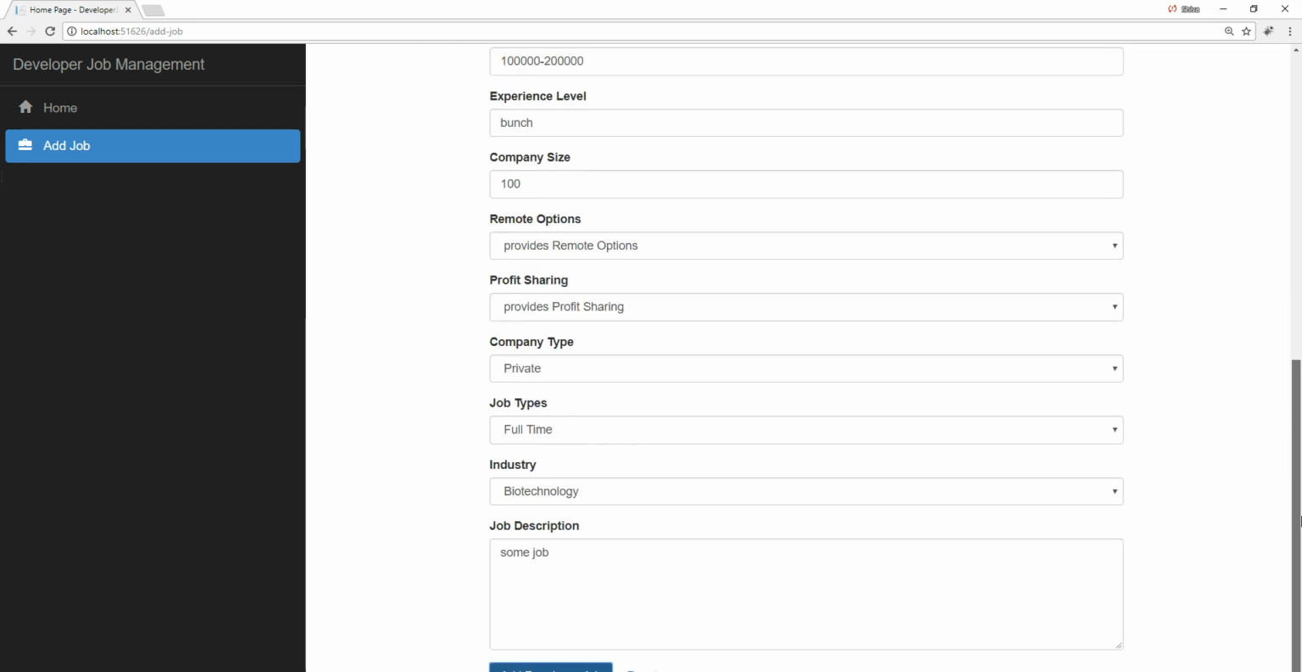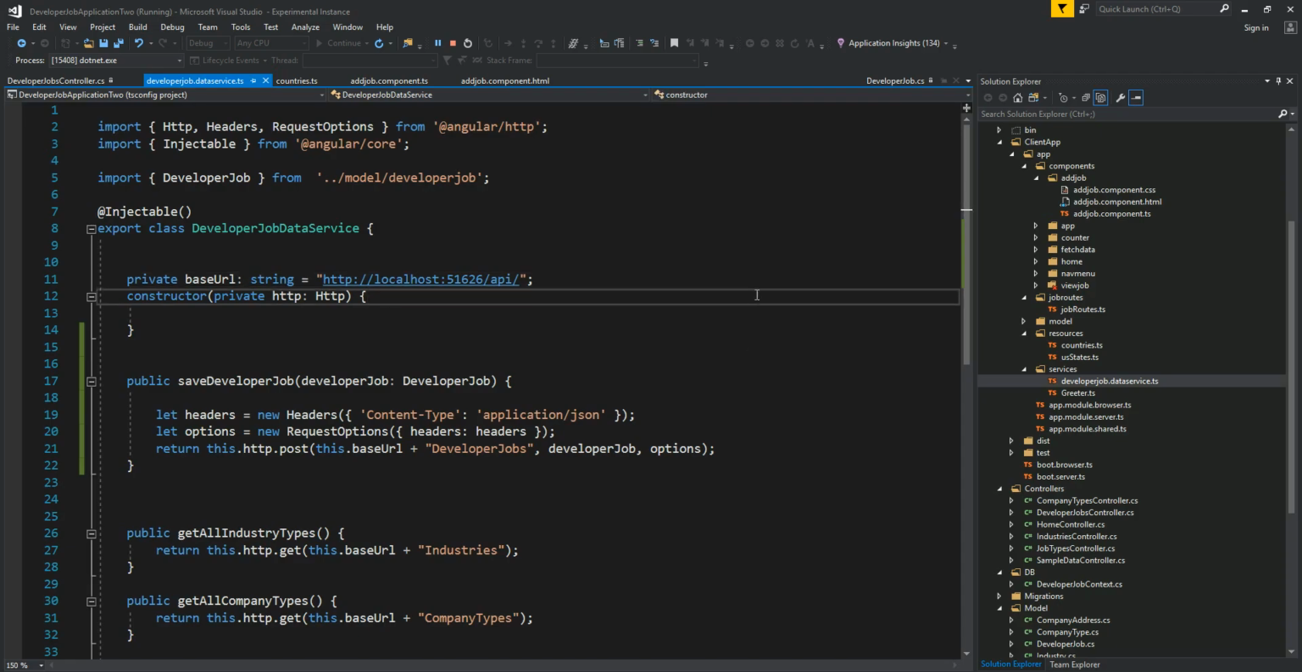The next thing we can do: right now it just displays that alert, but ideally we don't want that. We would like to show the saved data in our job view list or something like that. So let's write that next. All right, so to do that,